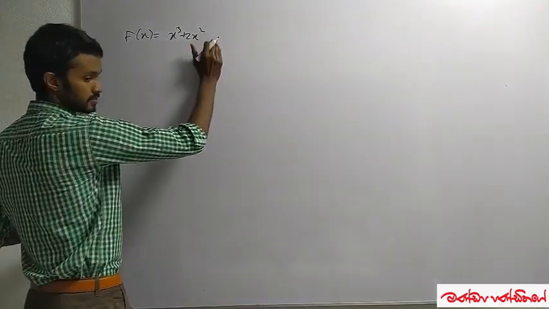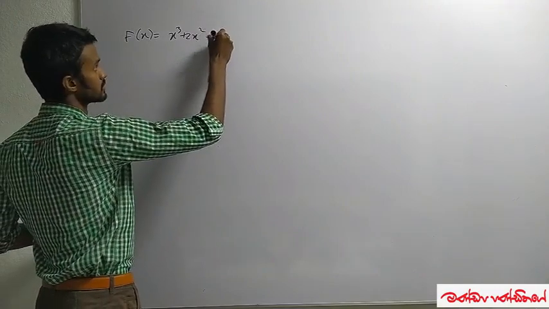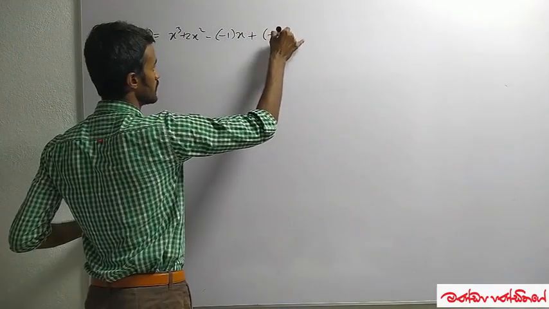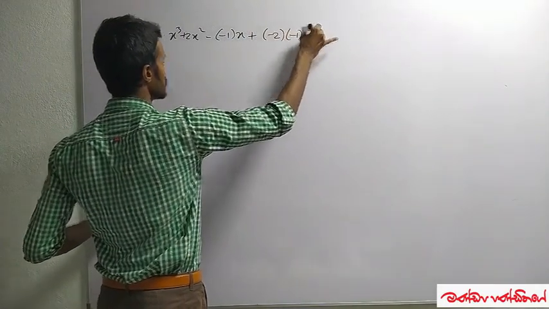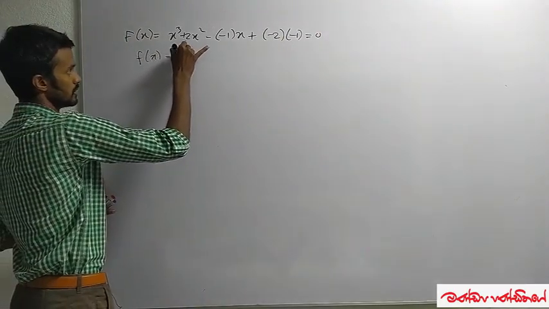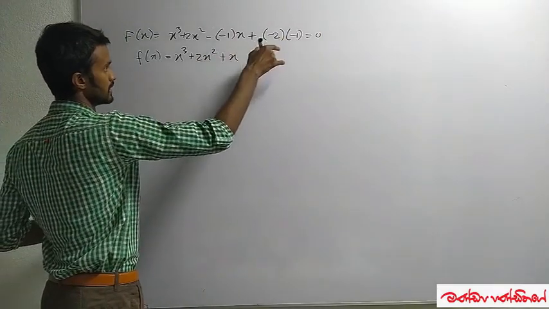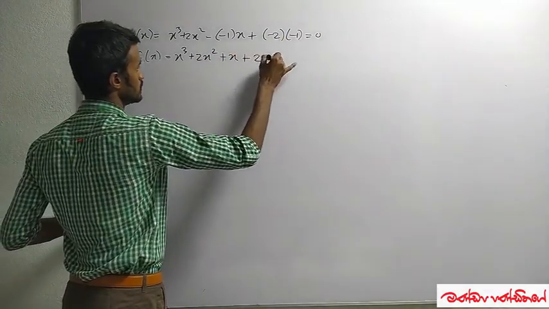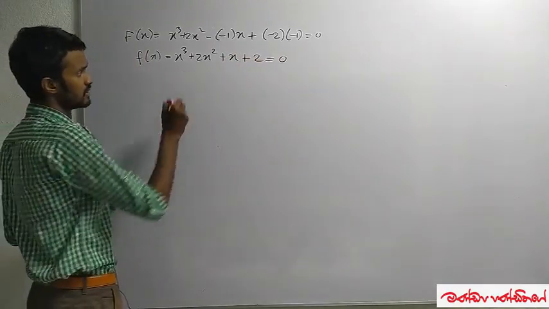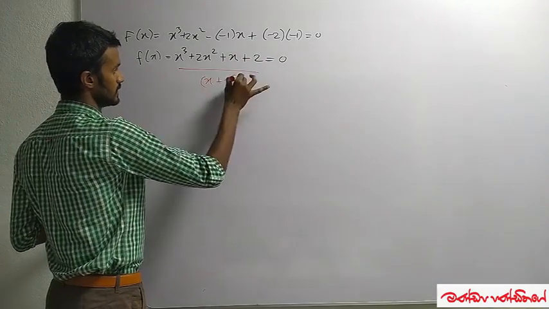I know that this is −d, and we got d as −1, so f(x) = x³ + 2x² − dx + cd, with c = −2 and d = −1, cd = 2. So my f(x) is x³ + 2x² + x + 2, and they're asking us to divide this by (x + 2)² and get the